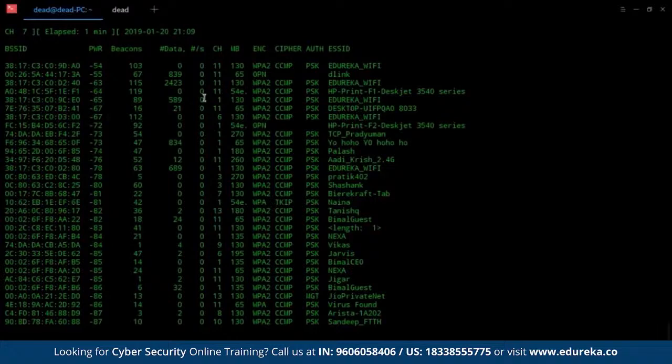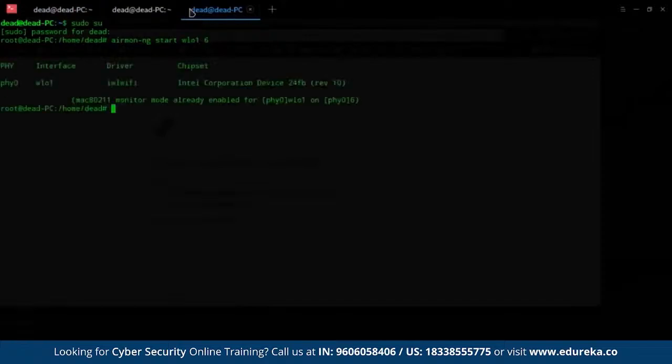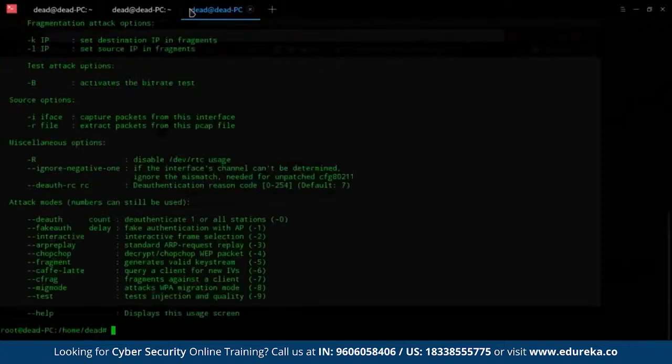We can do that easily by going airmon-ng and saying wl1, and you can say start on the specified channel. So what we want to be doing is running this on channel 6. Then we want to use the third suite of tools, that is aireplay. Now, aireplay is used for broadcasting deauthentication messages and all sorts of things. You can see all this in the help menu also, by typing in --help. If you go down, you see that you can send a deauthentication message using the -0 flag, and that's exactly what we're going to do.